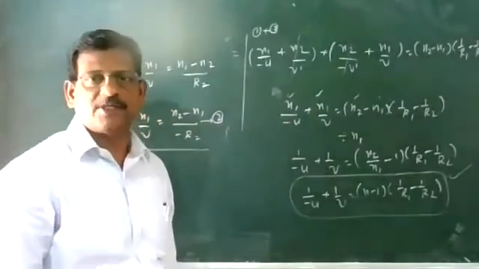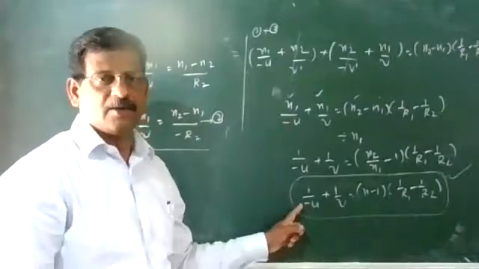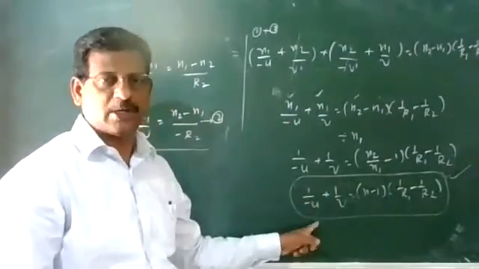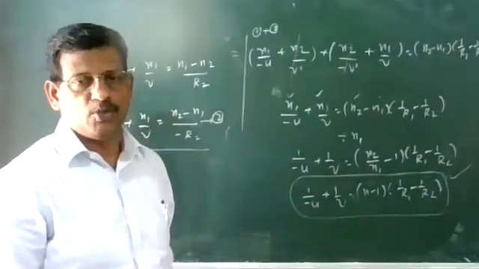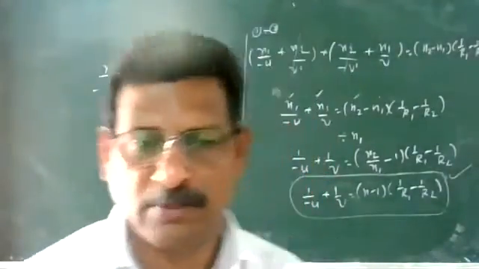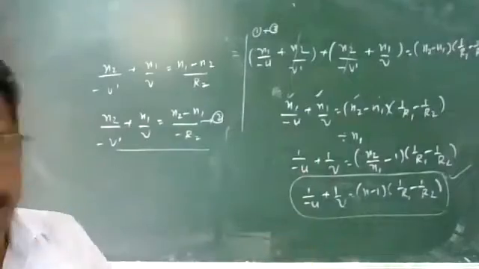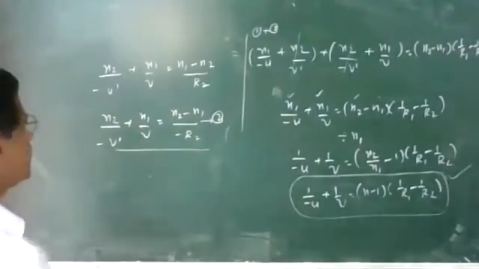We have to relate this equation to the focal length. For that, we apply a special case. Actually, 1 upon minus u plus 1 upon v is equal to 1 upon f. The relation between u, v, f is called the lens formula. Here we give a special case, and from that you can recognize what the value is. So we take a special case.